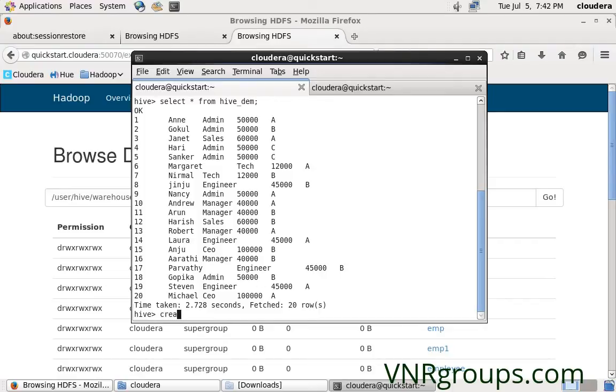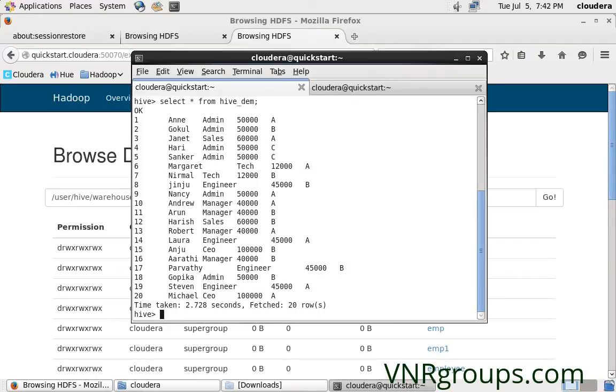So we just create an external table, like create external table, and then give the table name. The same syntax, same thing. The main difference is that though you drop the table, only the schema will get dropped, but not the original data to which it is pointing.